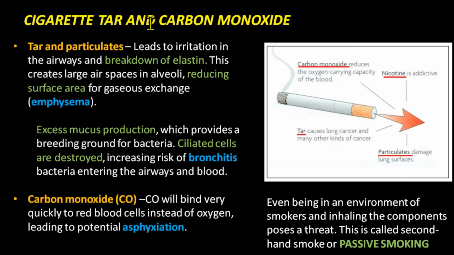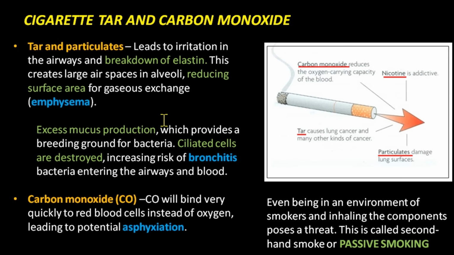In terms of cigarettes, cigarettes contain tar and particulates, carbon monoxide, and nicotine. So tar and particulates lead to irritation in the airways and the breakdown of elastin in the lungs. This would create very large air spaces in the alveoli, and this reduces surface area for gaseous exchange and leads also to a buildup of fluid. This is called emphysema. It also leads to excess mucus production in the lungs, which is a breeding ground for